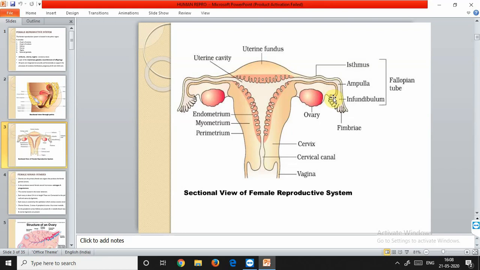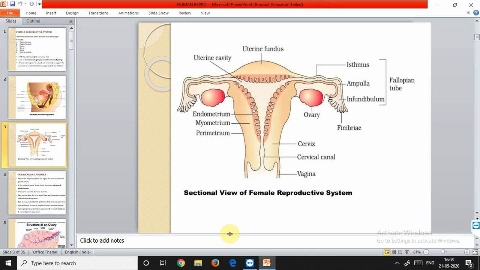So the womb is the term that is used in common language for the scientific term uterus. It is a hollow, pear-shaped, elastic, muscular structure. So its upper portion is opening into the fallopian tube, and the fallopian tube enters into the uterus by a tube, that is this tube. So through this tube the fallopian tube is entering into the uterus.